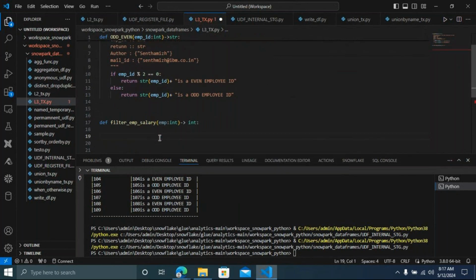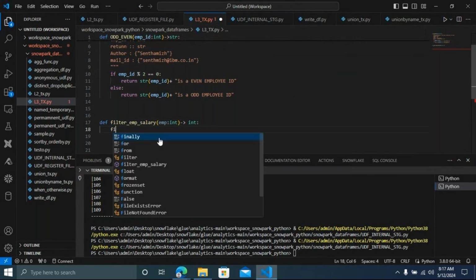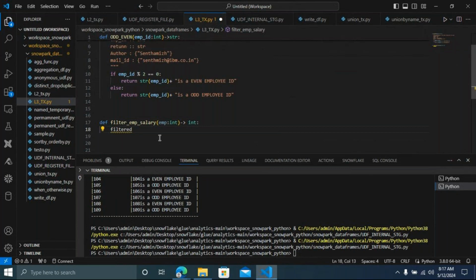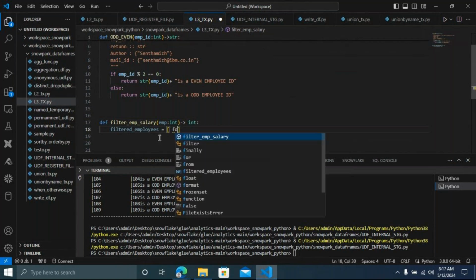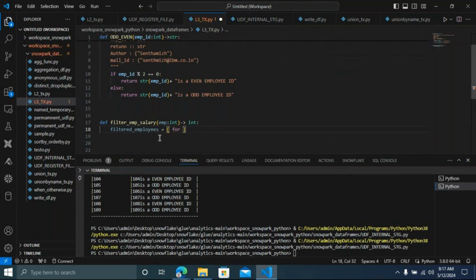Now I'm going to use a list comprehension. Just have one variable, filtered employee, equal to a list comprehension. You have to put the list brackets. See, list comprehension has some syntax, and in Python you can learn all these things. In a list comprehension you can use a for loop. I'm going to use for employee in